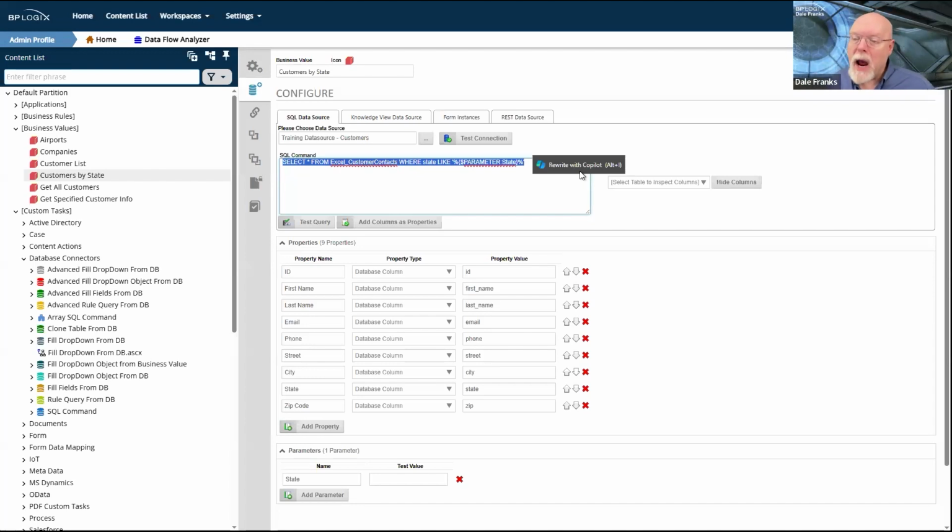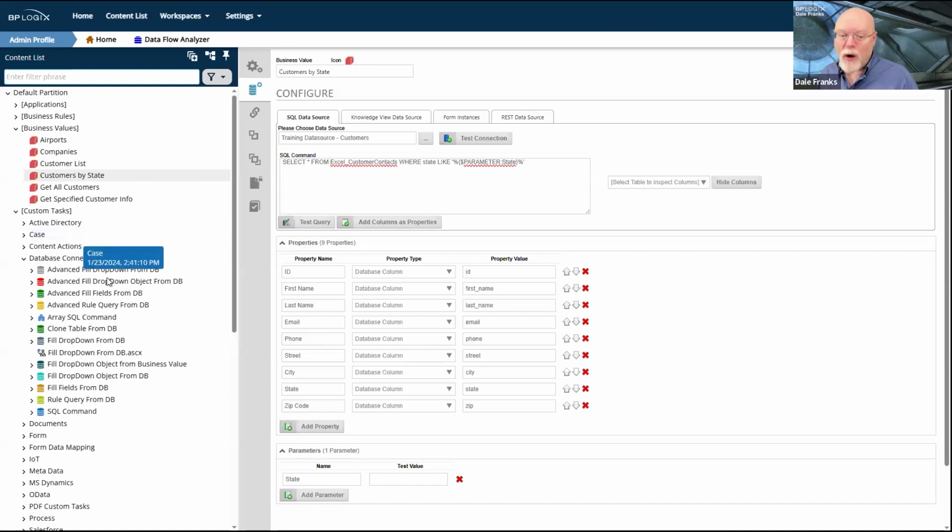It's an extraordinarily bad idea to try to alter data from a business value because, remember, business values are universal. They're available to everyone who has access to form design or timeline design. They can grab those business values. Anybody who does any condition anywhere in the system, it's available in the condition builder. They can grab a business value and they can run it. And if your business values alter data in the database, then that data is going to get altered. That's just how the system works.